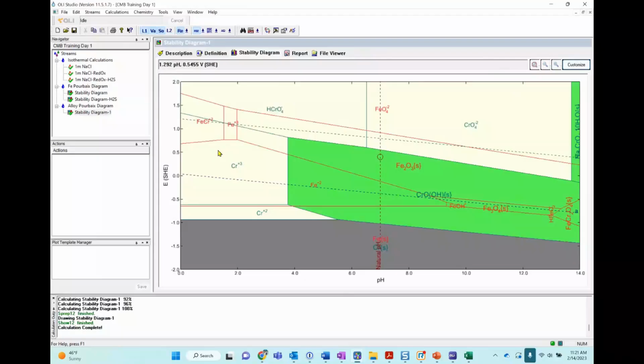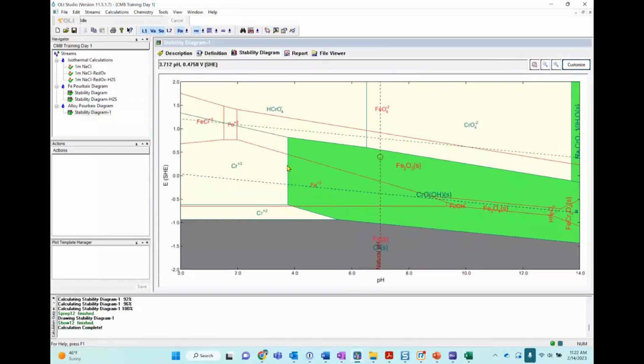So again, you'll see now that what the chromium is doing is, even below the water reduction line, you're having protection against corrosion due to the formation of this chromium hydroxide solid layer on the surface.